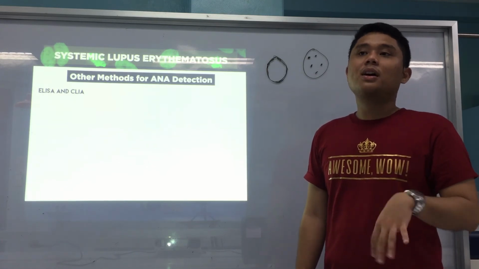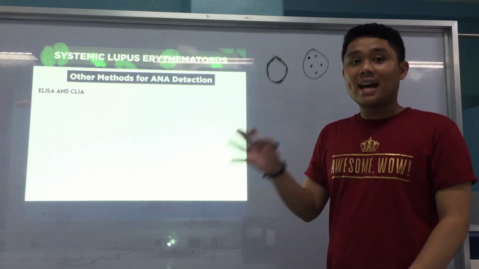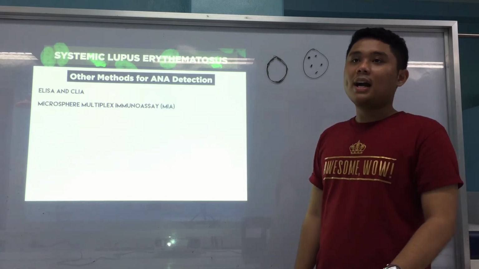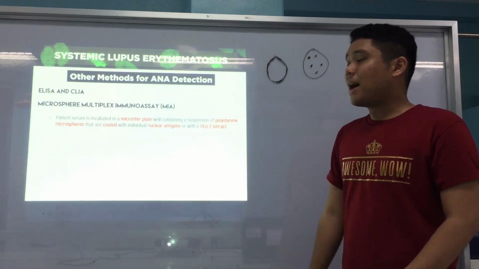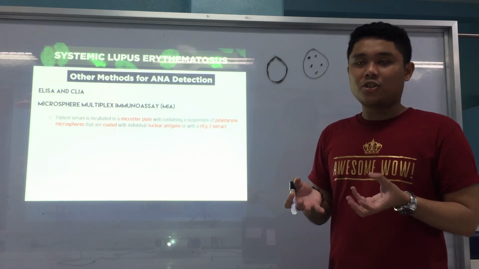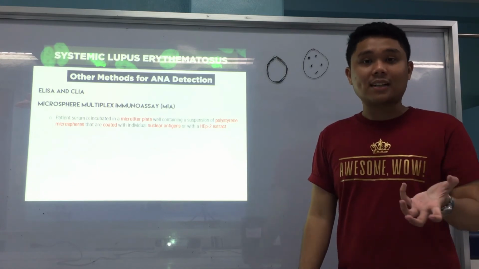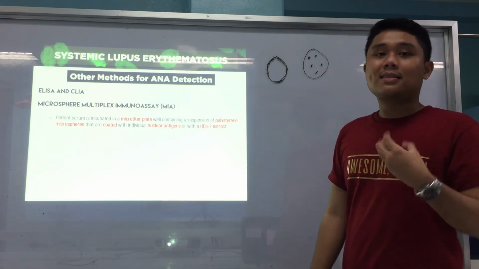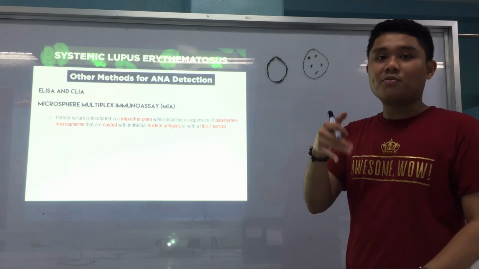So still the same principle, you're detecting antibodies, so antigens, solid phase, and all that. Okay, so ELISA and CLIA. Alright, another method is what we call your Microsphere multiplex immunoassay, or MIA, missing in action. For Microsphere multiplex immunoassay, we use a microtiter plate that consists of microspheres, polystyrene microspheres. And on the surface of your microspheres are your nuclear antigens or your Hep2 extract. Alright, so there are nuclear antigens, or an extract from your Hep2 cell nucleus, that is absorbed on the surface of your